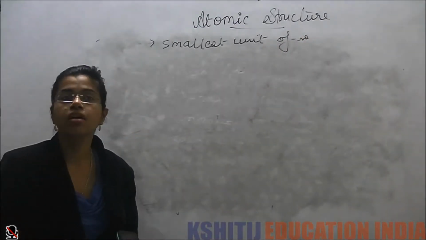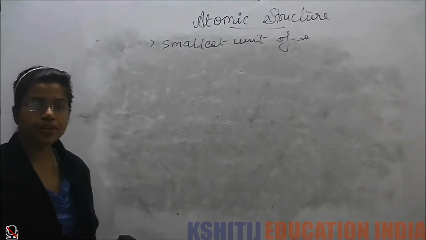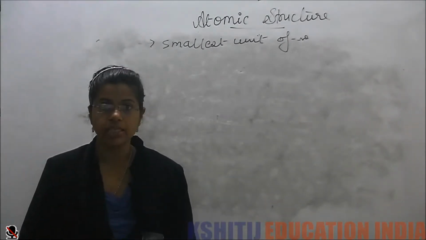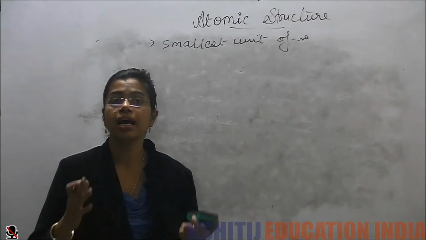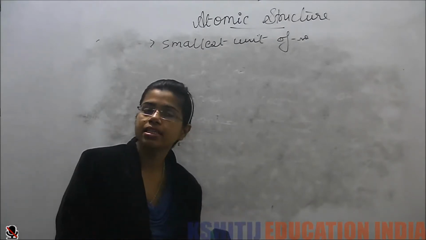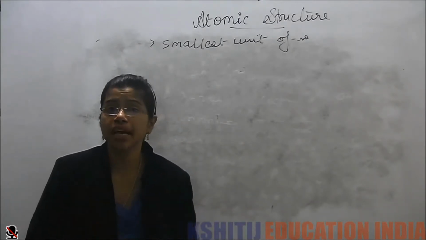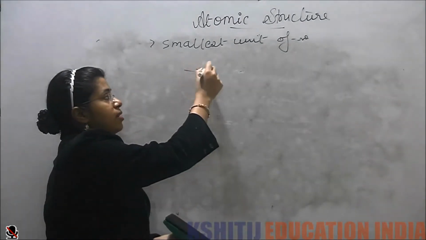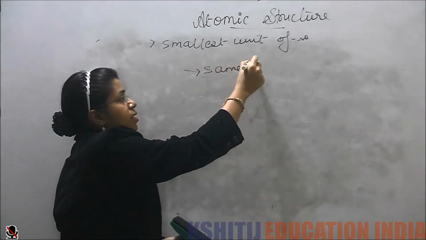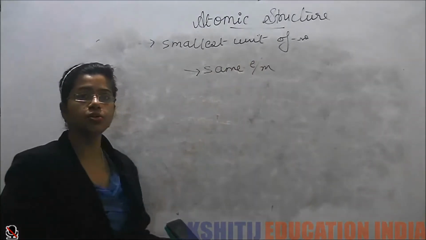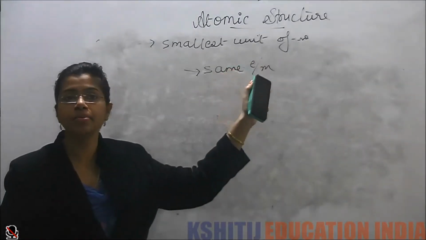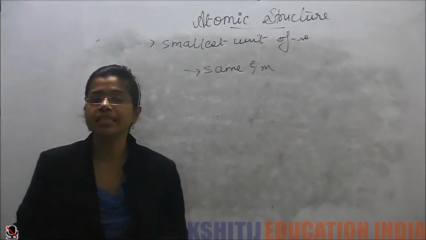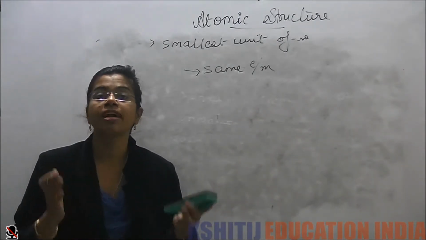And remember, no cathode ray was produced when the tube was completely evacuated. Okay? Again, different gases would produce the same cathode rays. Why? Because different gases have the same e by m ratio. e by m is the charge by mass ratio, which shows that the particles present in the cathode rays are fundamental